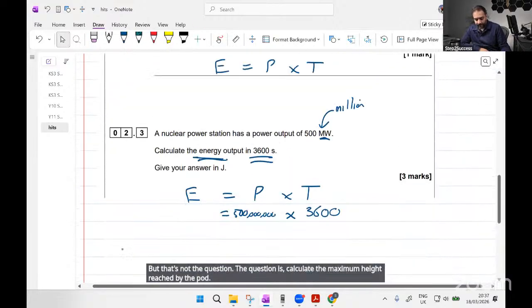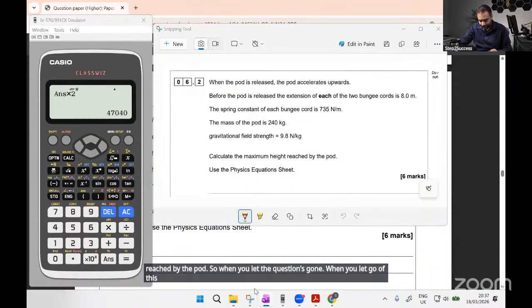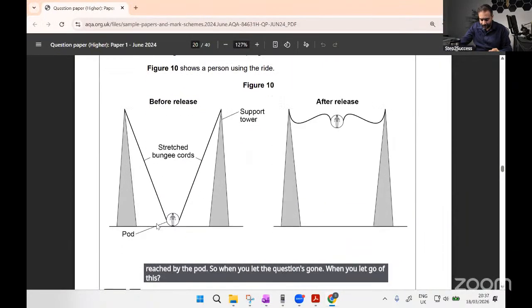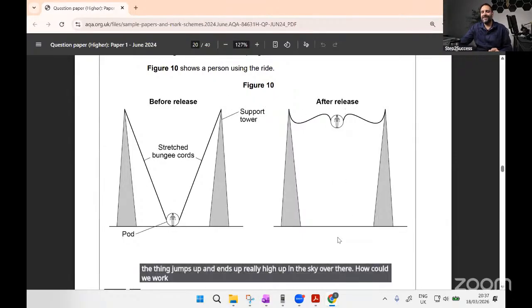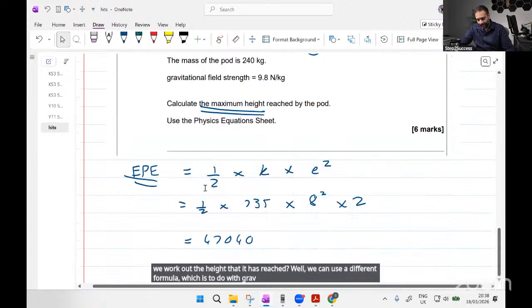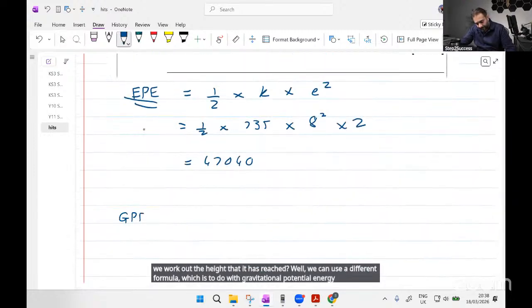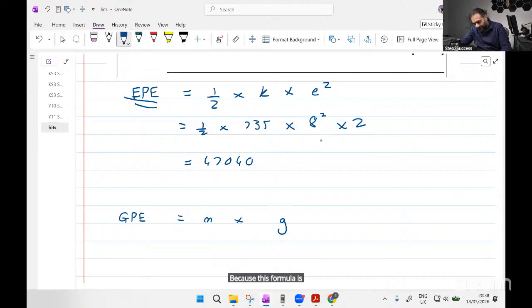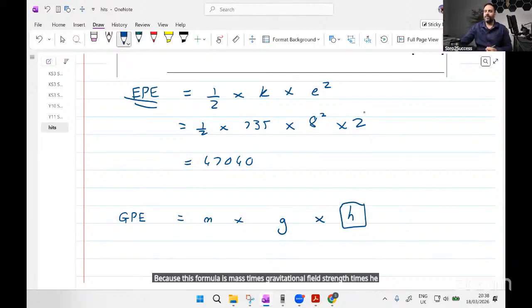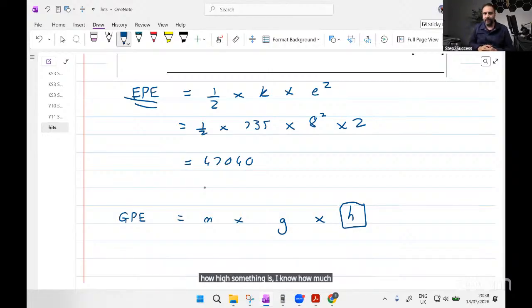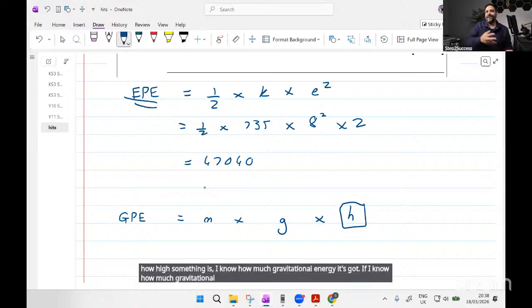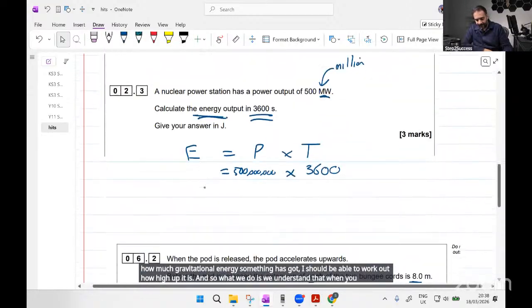When you let go of this, the thing jumps up and ends up really high up in the sky over there. How can we work out the height that it has reached? Well, we can use a different formula, which is to do with gravitational potential energy. This formula is mass times gravitational field strength times height, crucially. If I know how high something is, I know how much gravitational energy it's got. If I know how much gravitational energy something has got, I should be able to work out how high up it is. And so what we do is we understand that when you let go of that